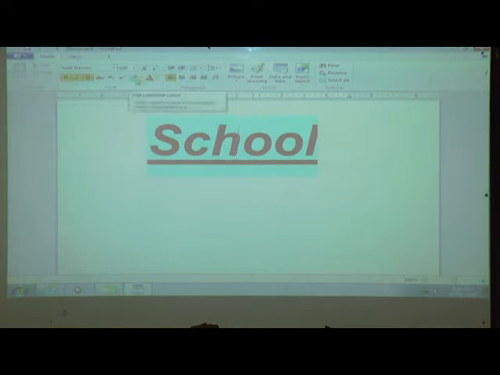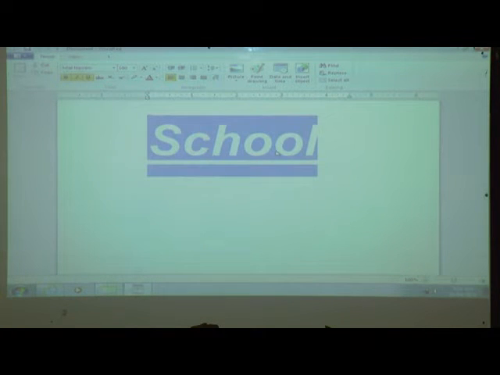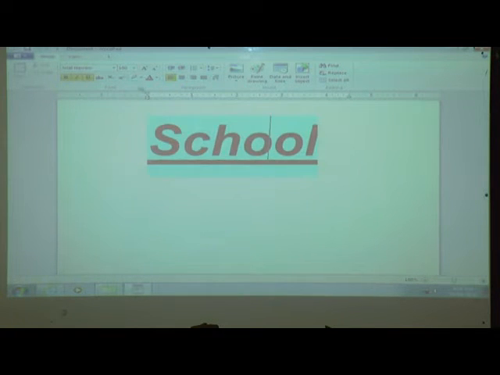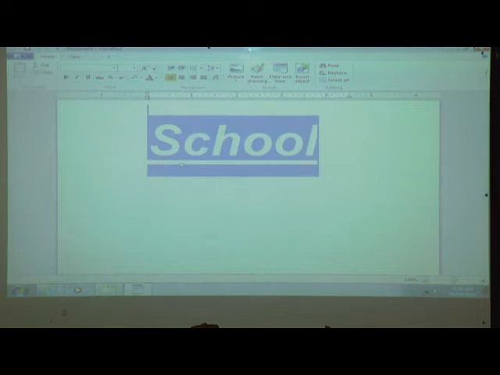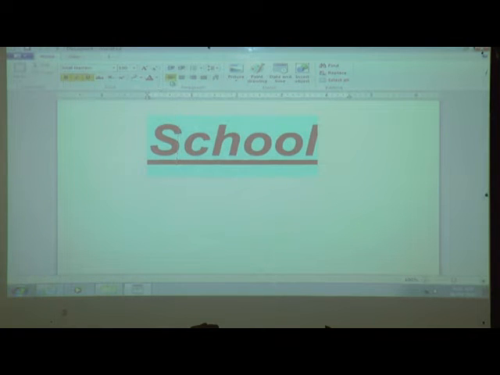Next one is for giving a highlighter or highlight color, or background color we can also say. Not for a full page. In Paint we can give background color to the full page, but here we select only this word, then it will apply only to that selected text.